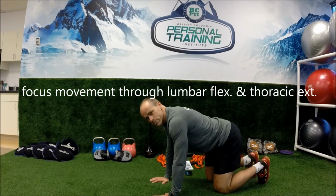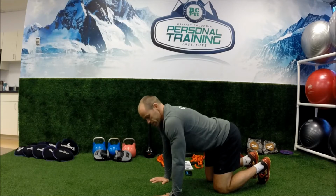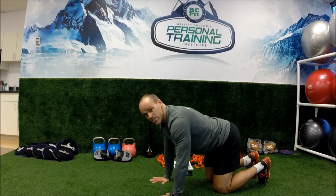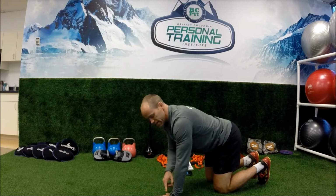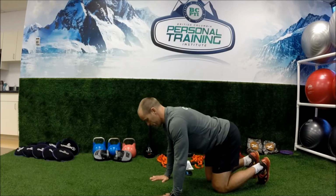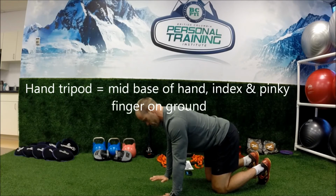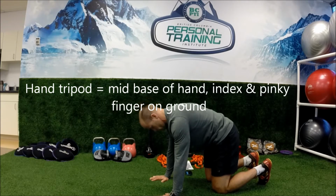So when you're doing this, it's really important that you, first of all, stabilize the shoulders. So screw the elbows towards one another, plant the hands firmly on the ground so you feel like you have pressure on the inside, outside, and just below the fingers. Just like a foot tripod, you have a hand tripod. Lock the shoulders down, get into a neutral spine to start, and then from this position, when you breathe, it's going to be inhale, draw in,